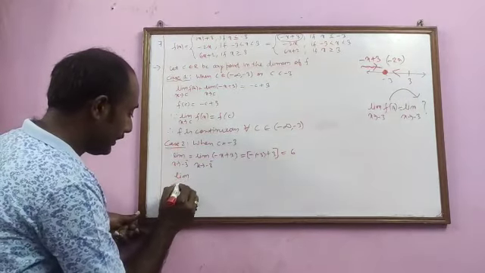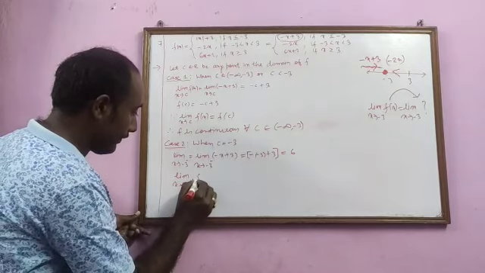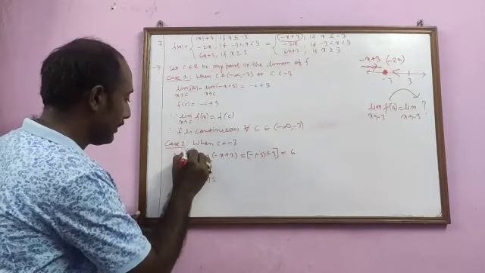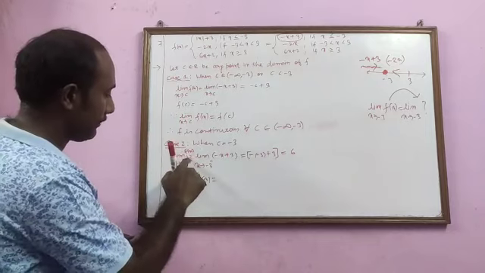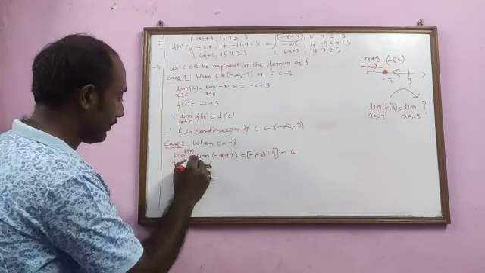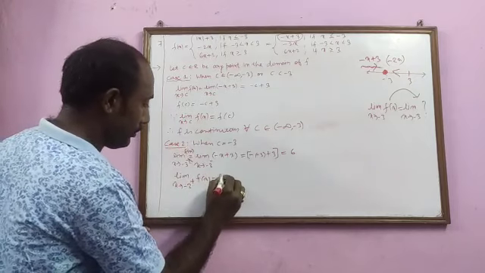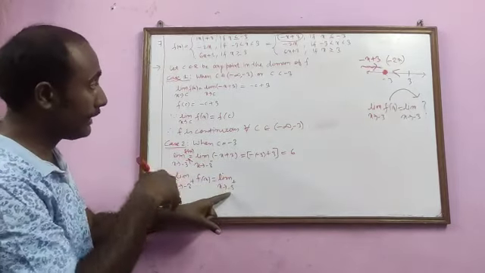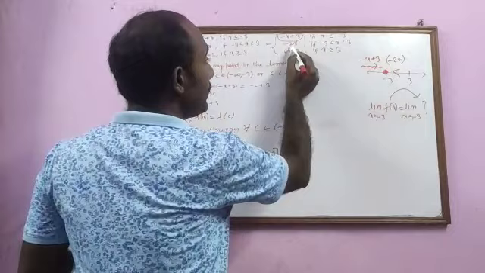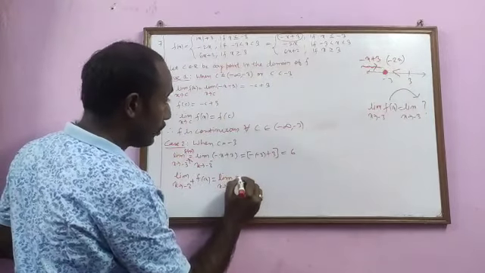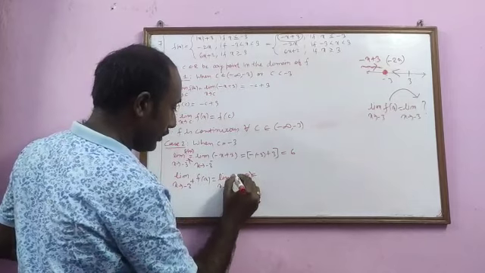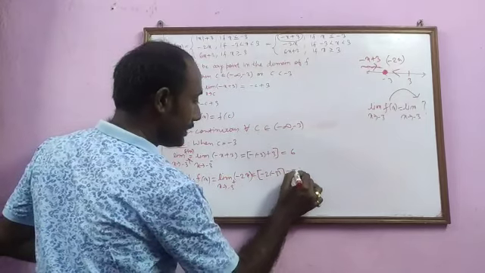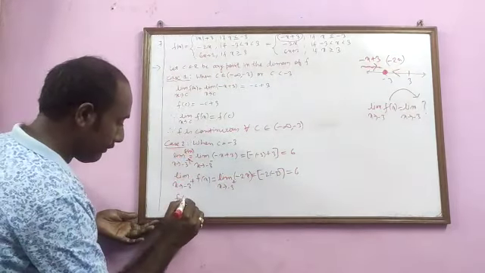Now I go for limit x tends to minus 3 plus of f(x). Here I missed writing this part. f(x) is missing here. You will add this part here. Limit x tends to this of f(x) is equal to limit x tends to minus 3 plus. So approaching minus 3 but greater than minus 3. So for greater than minus 3, here it is minus 2x. This is equal to minus 2, and in place of x we write minus 3. So this is 6. Both are equal, and then we go for f(minus 3).